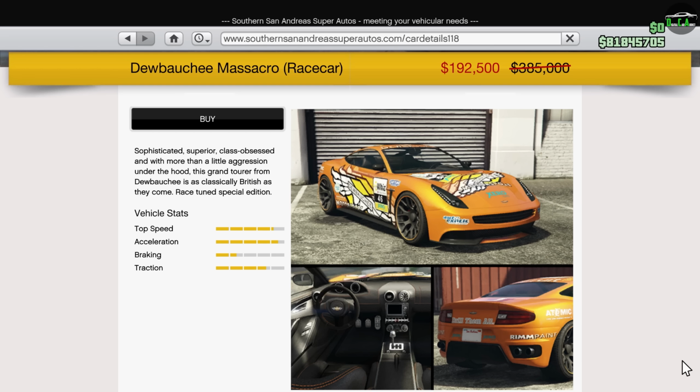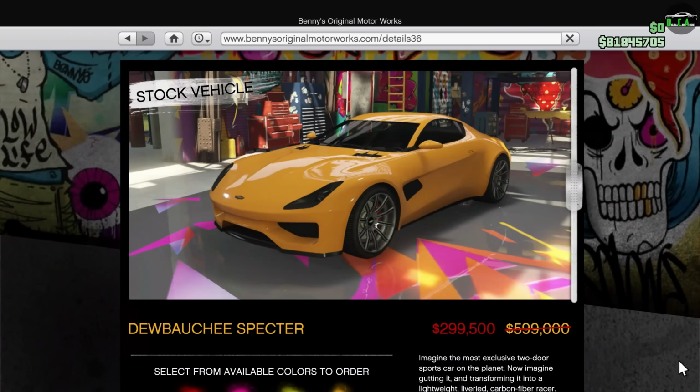So I remember when this car and the Jester race car released back in late 2014. They were the top two new sports cars for performance, and almost everyone was using them back then. And even till this day, this car is still in top 25 for track performance for the sports class, which is very impressive. And lastly, moving on to the Benny's website, we have 50% off the Spectre Custom, as we